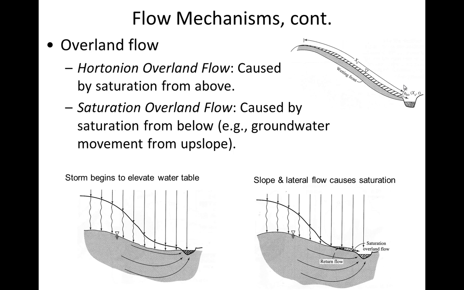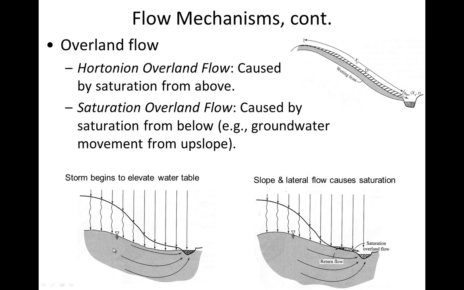By contrast to Hortonian overland flow, which assumes that the soil is becoming saturated because of flow from above, in other words, the vertical movement of precipitation down through the soil slows, and then there's ponding, and then there's overland flow because of the ponding. Here in saturation overland flow, what it assumes is, yes, there is going to be infiltration, but as the groundwater begins to rise, as the water table gets deeper and deeper, there's going to be a point when the water table is higher than the